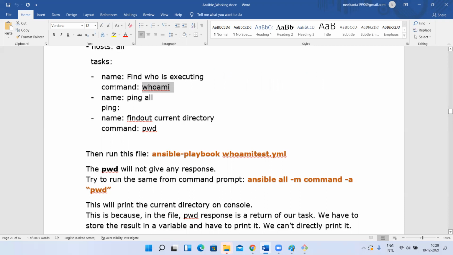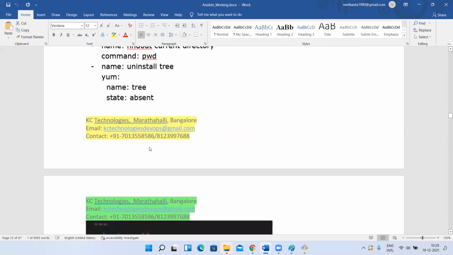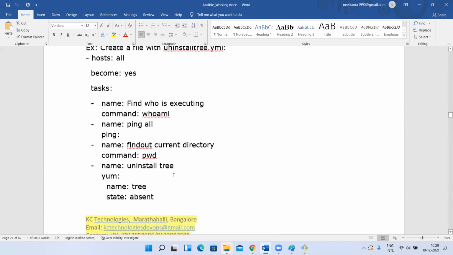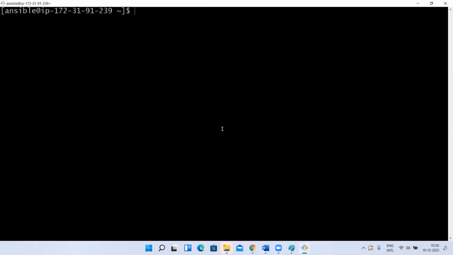But if I want to pass some shell script, shell is a module. You have to use the shell module. We will discuss many things. First, I want to discuss one more playbook, so you'll come to know better things. This is one important thing for understanding, so I'll discuss it, then we will see.